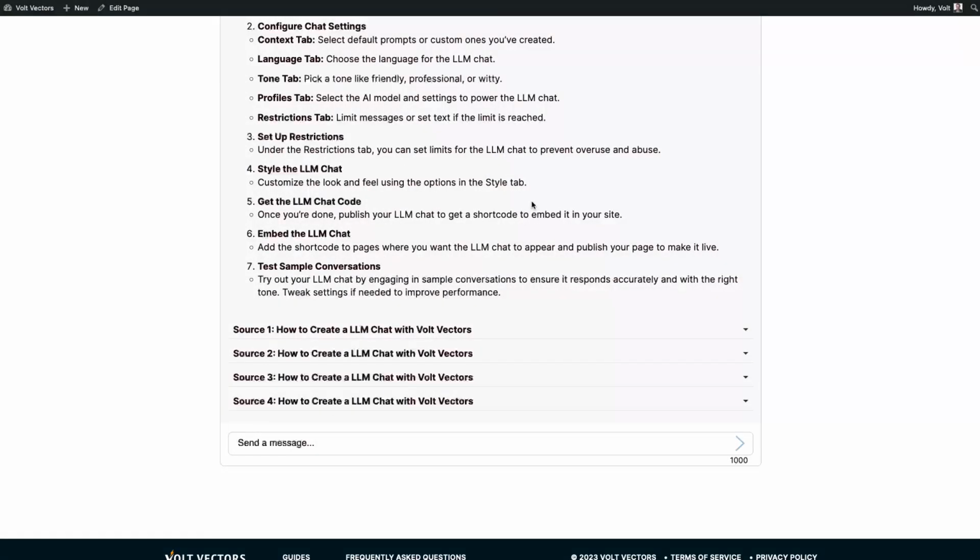So that's a quick video on Volt Vectors and all the different options. You can see videos for each of those individual sections and even further on profiles and things like that to get more